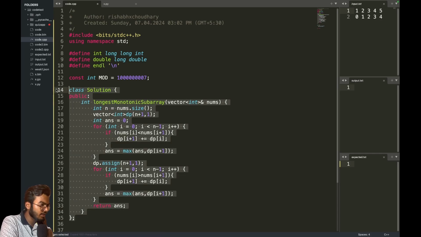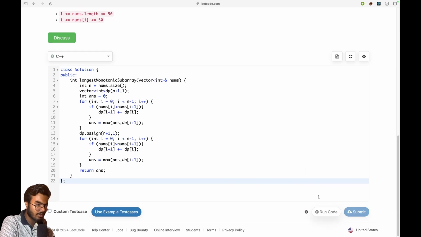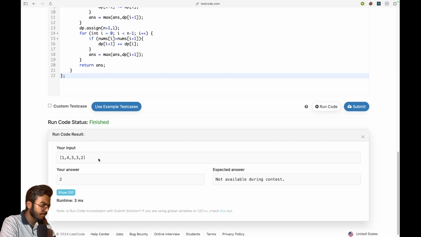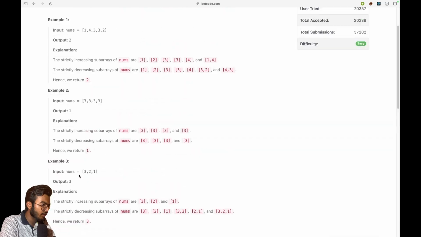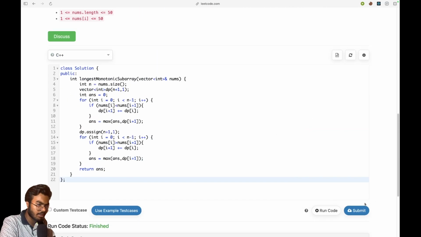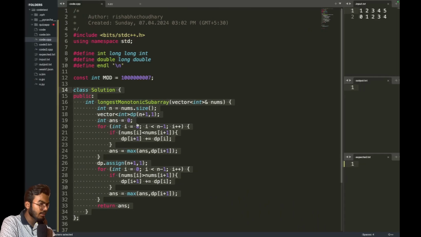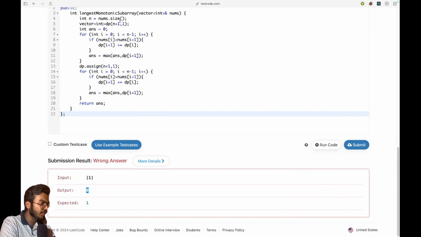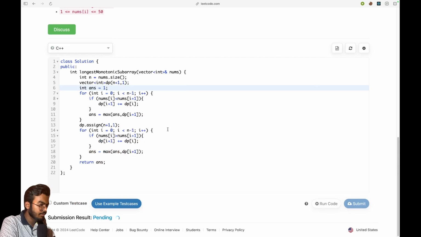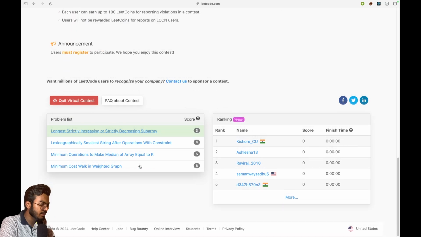So this should work. Let's try to run this. So we are getting 2 for this, so the answer is 2. Let's try to submit it, and we are getting a wrong answer. The output is 0 for this one. Yeah, because I think the initial answer should be 1, right? So the solution gets accepted. Let's move on to the next problem, that is